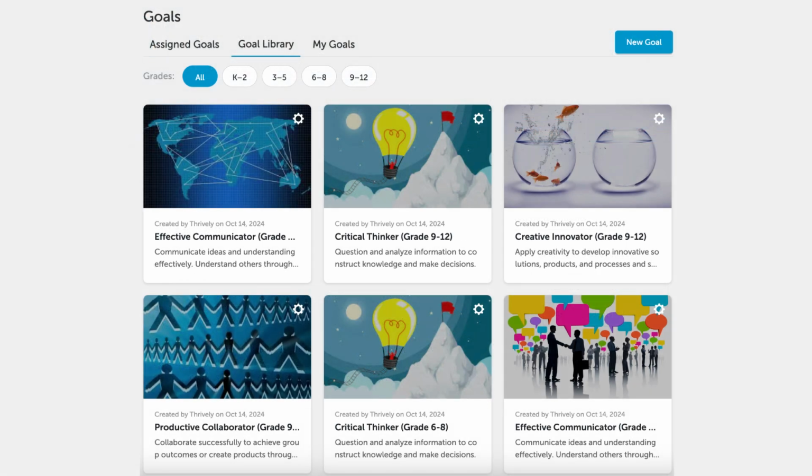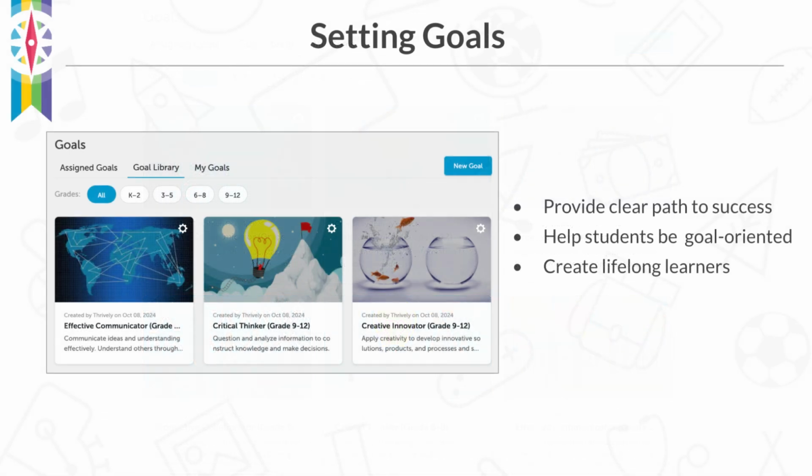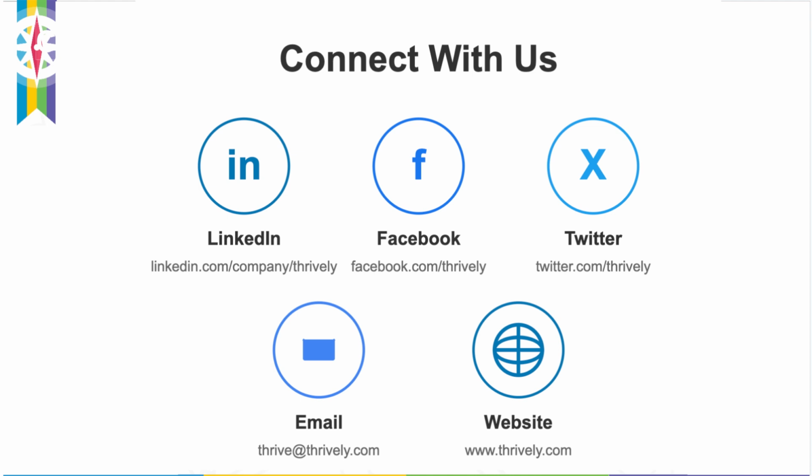Now that you're familiar with our goal-setting feature, it's time to bring it to life by creating goal-oriented classrooms that empower every learner. Thank you for your commitment to asset-based learning and strengths-based education. Let's humanize learning together. We look forward to partnering with you to create strengths-based, joyful, and hopeful classrooms so that